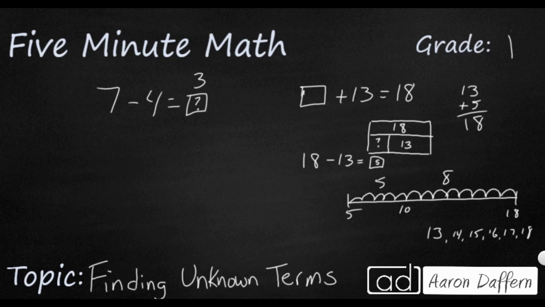Now here's a really tricky one. What if we do this? 7 plus an unknown equals 6 plus 5. Remember, the equal sign doesn't just mean answer. The equal sign means that both sides have a seesaw or a balance. Both sides of these